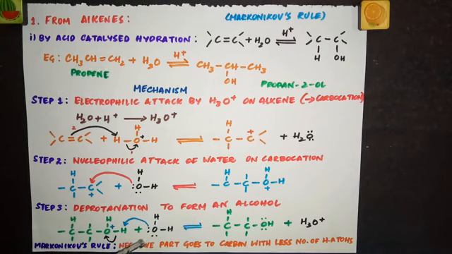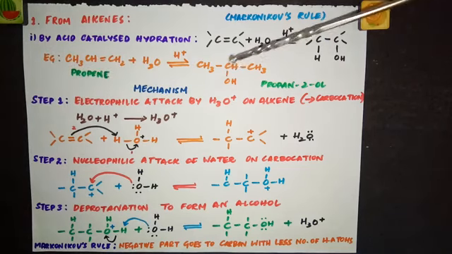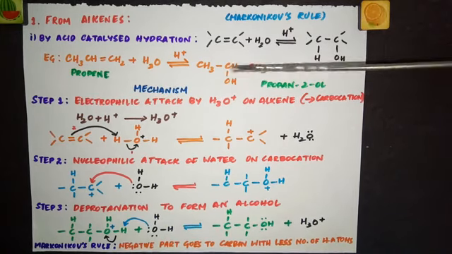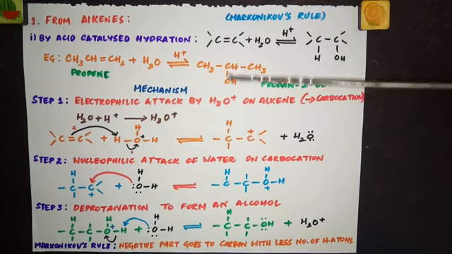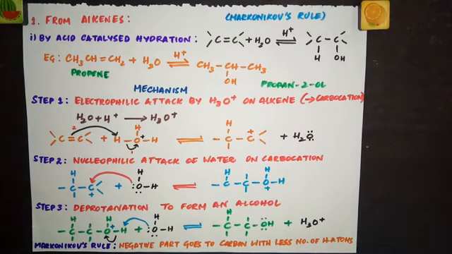Now, as I told you, by Markovnikov's rule the negative part will go to the carbon containing less number of hydrogen atoms. And what is the negative part here? OH-. So CH will get the OH, the double bond will become a single bond, and the H+ will go here. So CH2 will become CH3. So what is the product? CH3, CH single bond OH bond CH3. This is nothing but propan-2-ol, because in the second carbon we have the alcohol part. Propane has 3 carbon atoms, so propan-2-ol. This is the product.